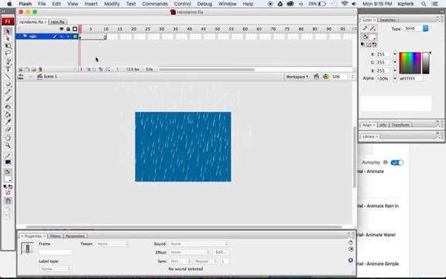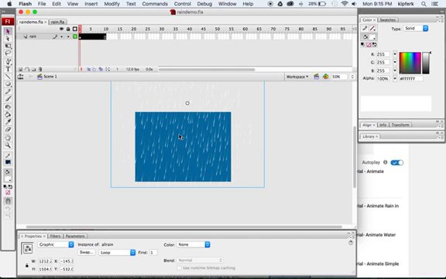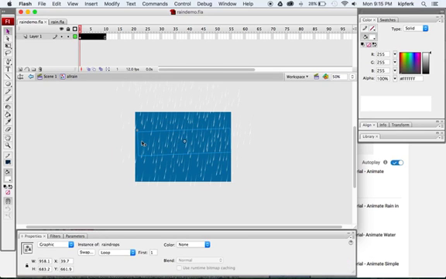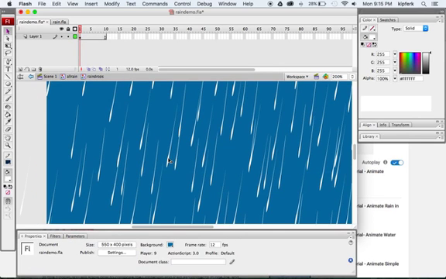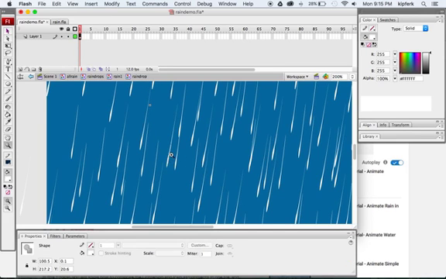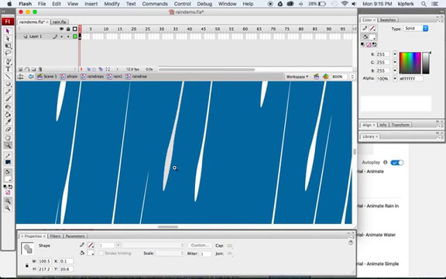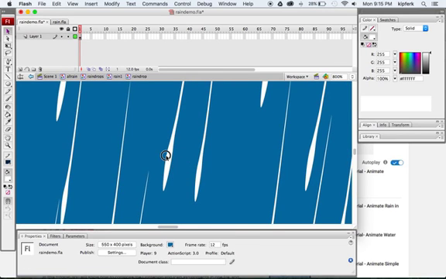You may or may not want to continue to adjust the size of your raindrops. Remember, all you have to do is click on one of your movie sections and keep clicking in and choose any one of the raindrops and just keep going inside of that until you get to the actual raindrop graphic. If I make any changes to this actual graphic here, those will be reflected in all of